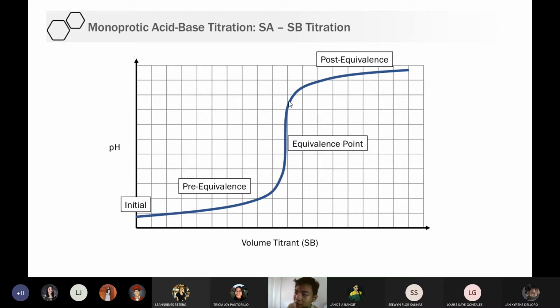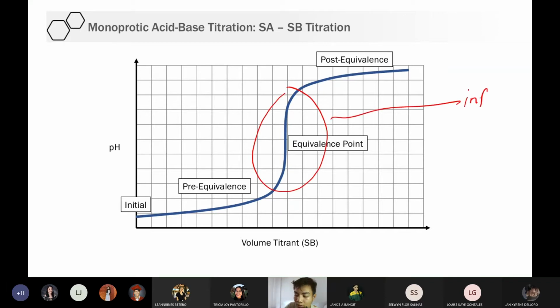And then, lagpas ka onte, post-equivalence point ka na. Mas marami ng bases, kaya nasa taas siya ng curve. Okay? So again, pag nasa baba ng curve, acidic. Pag nasa taas, basic. Okay? So initial, you start here. You add titrant, unti-unti aakyat yan. And then suddenly, you will reach the equivalence point. There will be a sudden change in the slope of the curve. Biglang magiging ganyan yung curve. Then, dagdagan mo ng titrant, magiging ganun na ulit. No? So we call this part of the